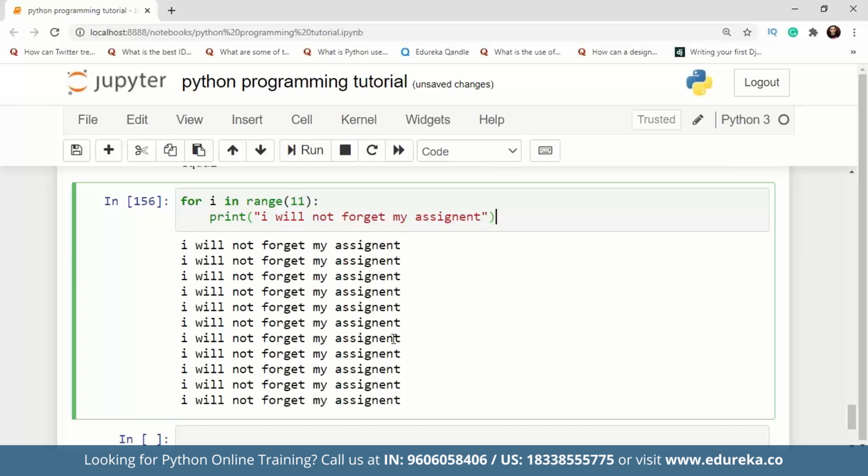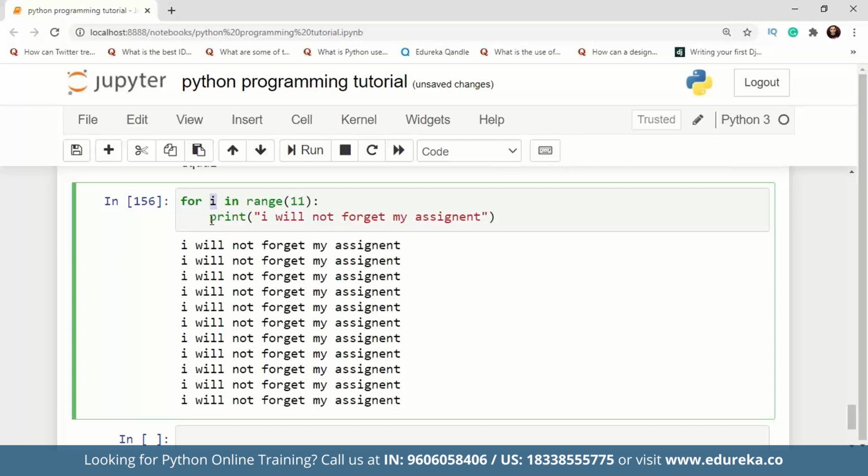So this is a very simple example. We have used for i in range, which is basically the number of iterations we want. For the current iteration, it will start from the number 0. Then it will become 1, 2, 3, 4, 5, and when it reaches 11, the execution will stop. So this is how a for loop works. We give it a statement, we give it an ending, so we know the execution will end at this particular iteration, and we have the output.